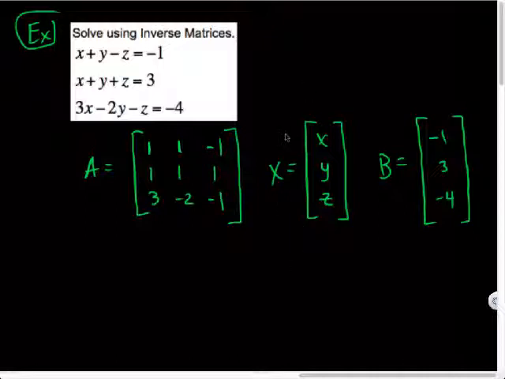Now, what is matrix X going to equal? A inverse B. A inverse B. Exactly. So the first thing I've got to figure out is what is A inverse? If I found this by hand, that'd be great, and then I'd be able to multiply by B. But I'm going to show you